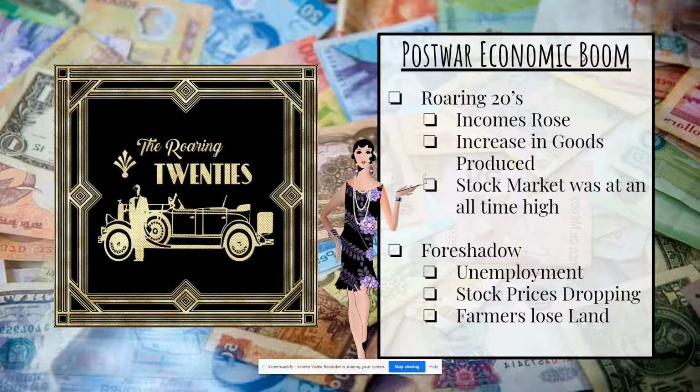So we just learned about the Roaring Twenties. We did a Roaring Twenties web quest to kind of introduce some of the topic. But what you need to understand is after World War I, America had some serious money because they were the ones that were helping provide ammunition, supplies, ships, guns to everyone that was at war. And we had produced so many things and invented so many things that people wanted. So they were spending their money and putting it into the economy.